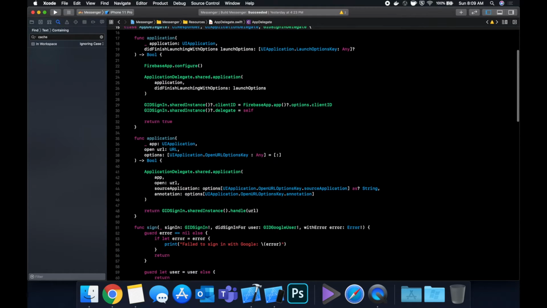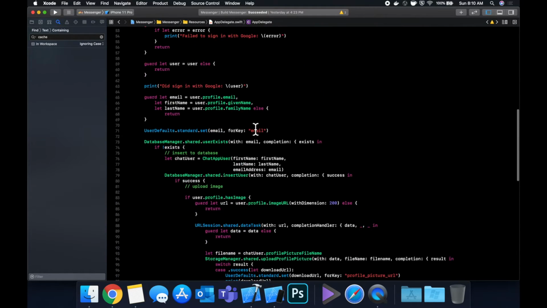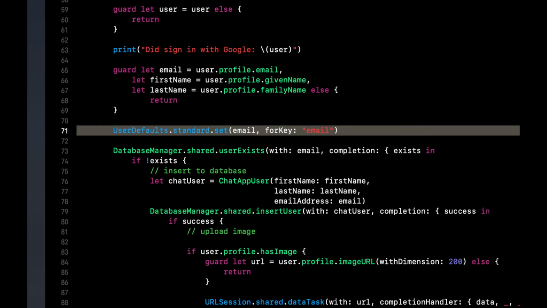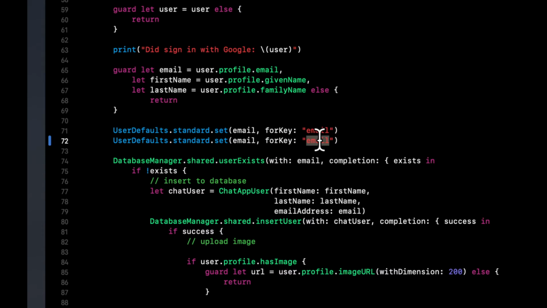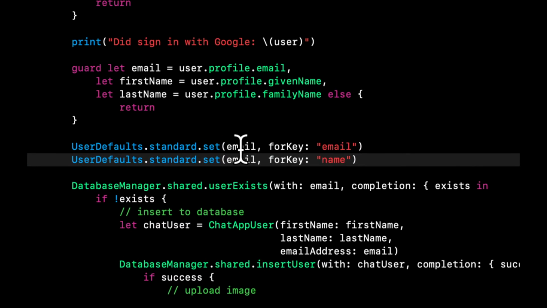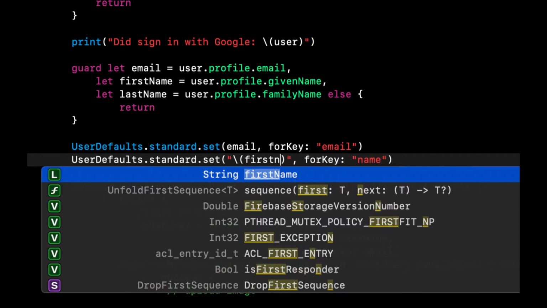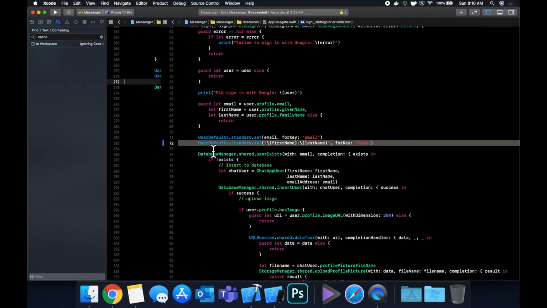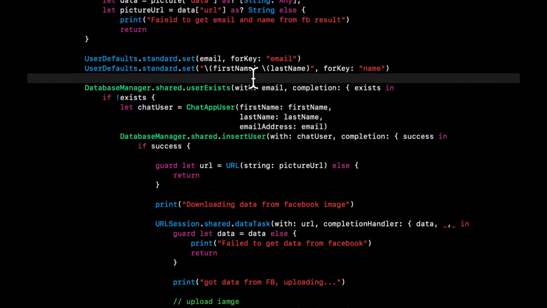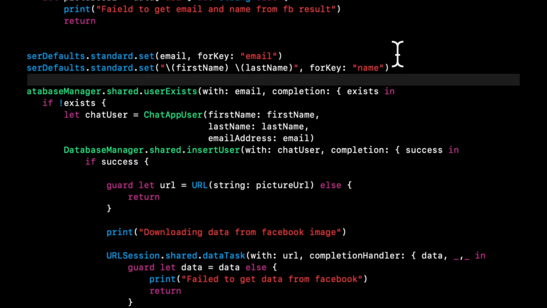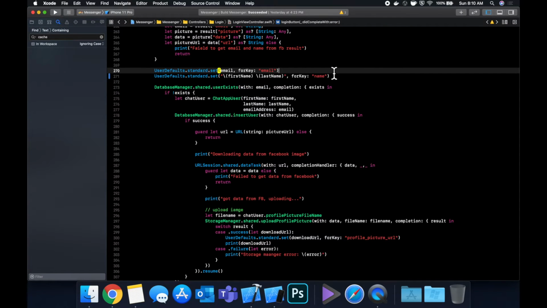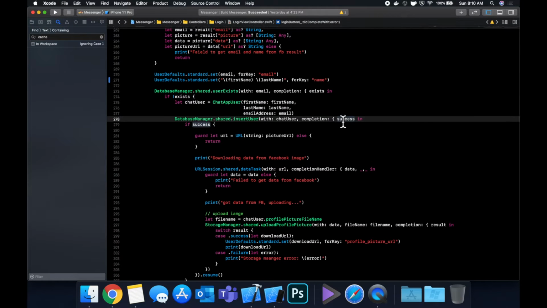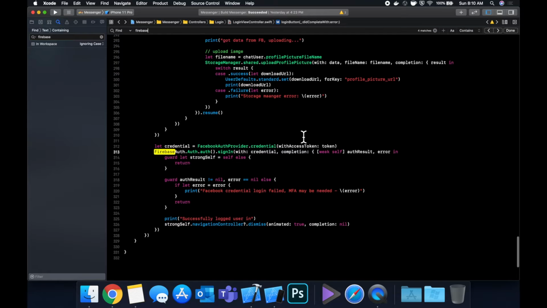So head to the app delegate where the Google sign-in stuff is handled. And again, here is our cache. So we want to change this to be name. And again, we can interpolate into a string their first name, space, last name. I'm just going to copy and paste this. And the third place we want to put this, and let me make sure the name is correct here, first name, last name, name. Back in login controller, we want to find the other place we have the user sign in,